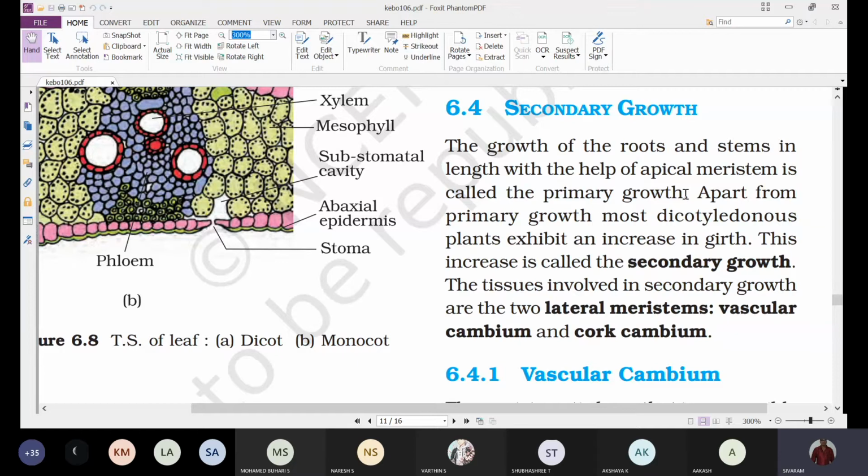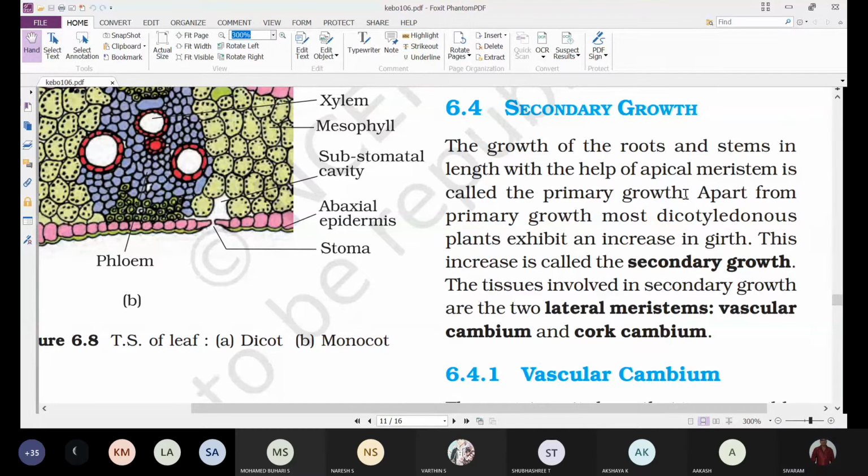So whatever tissues or growth occur with reference to this primary meristem, we call it primary growth. Usually it involves an increase in the length of the plant body, either in the stem or root. After a certain period of time, especially in dicotyledonous plants, with reference to stem or root,